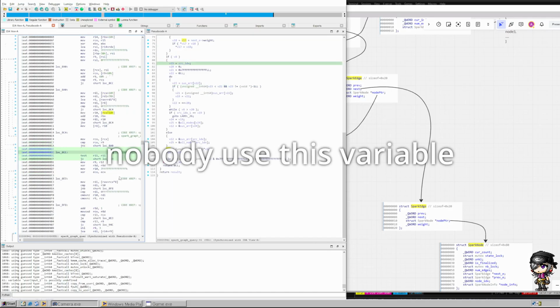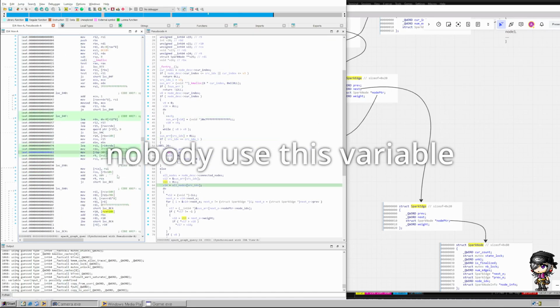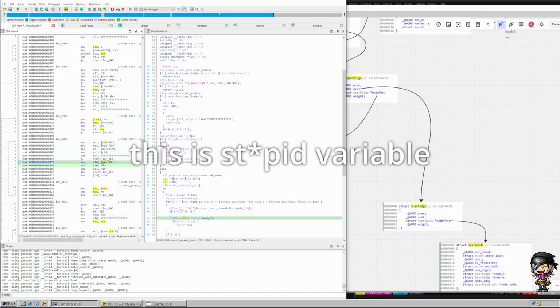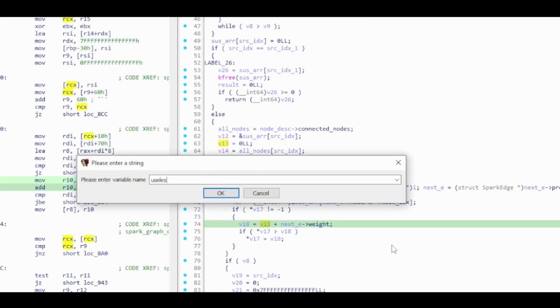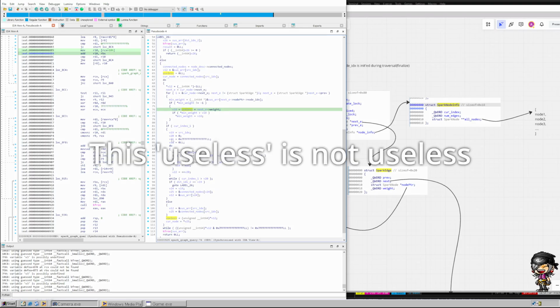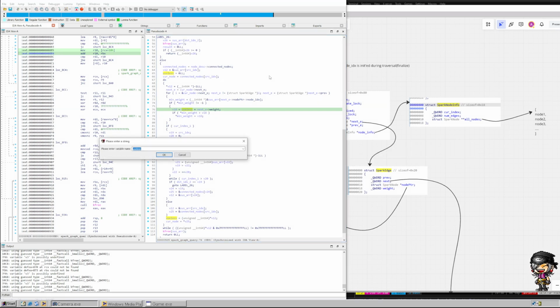Absolutely nobody used this variable. This is a stupid variable. Useless. Okay, so this useless is not useless. This useless is actually